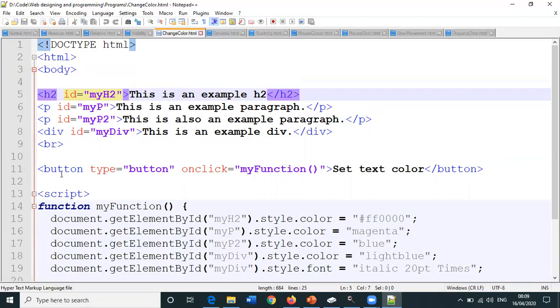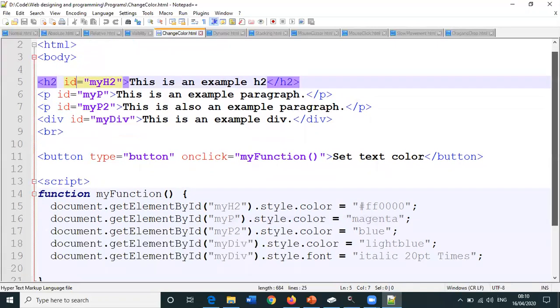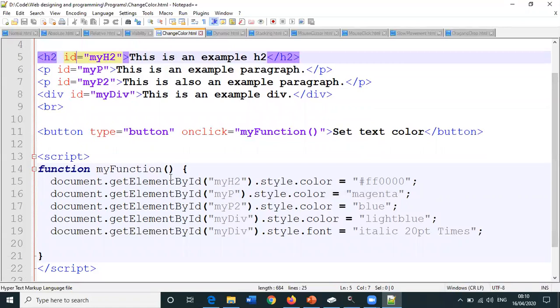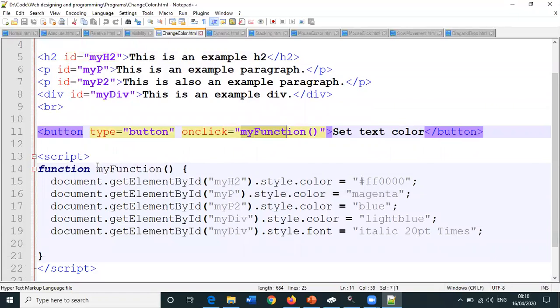Include a button by using the button tag. Button type is equal to button, onclick my function. What is the text displayed on that one? Set the text color. Now include a script, typically JavaScript. What happens when the user clicks on the button? Then my function is called. Inside my function,